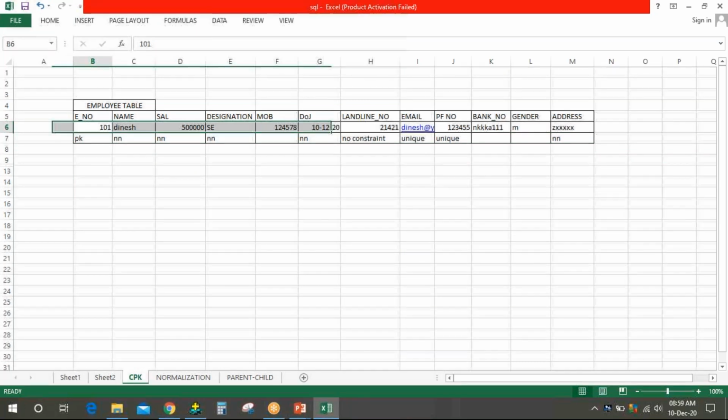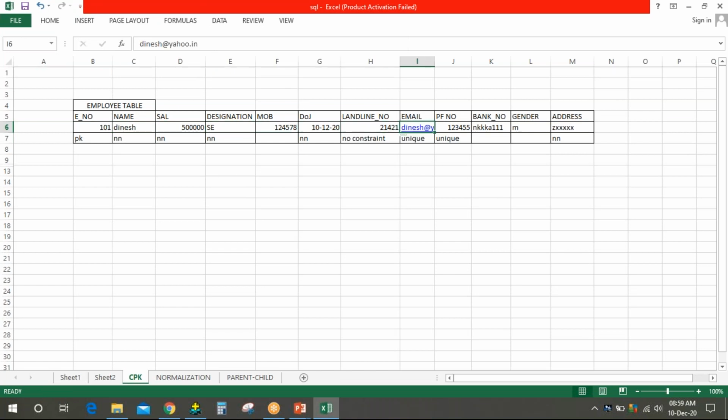Email, sir. Email you can give no constraint. Wife and husband have only one email? See, when you go to corporate companies, they give you their own emails, right? Like if I'm working in Capgemini, I have harshal.b@capgemini.com.